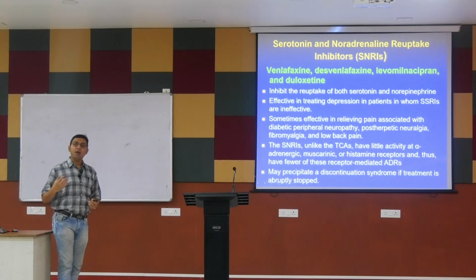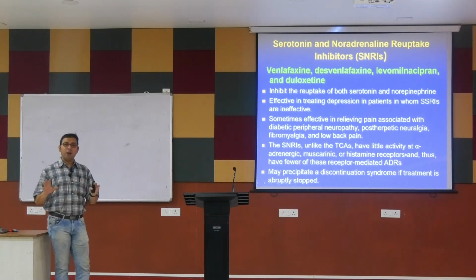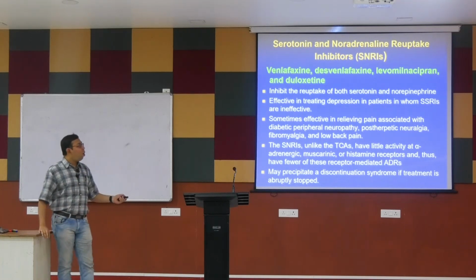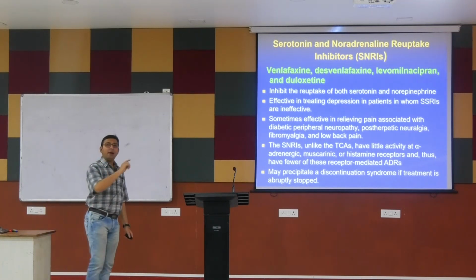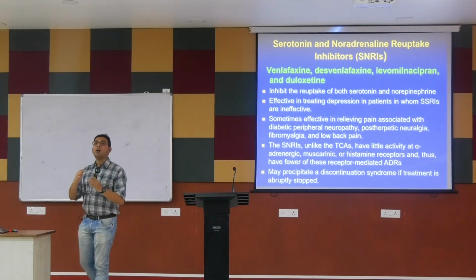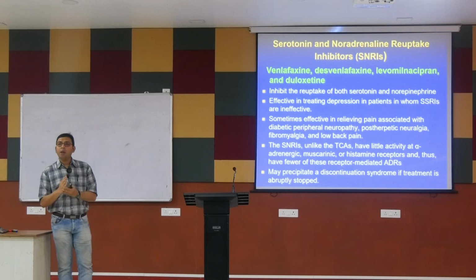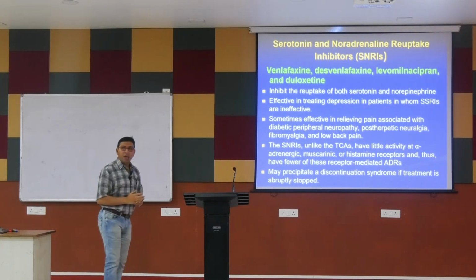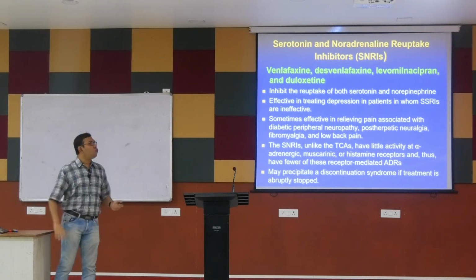So there may be pain in different joints, unexplained. There may be no pathology. This is known as fibromyalgia. And low back pain. So basically remember, these SNRIs are the first-line drugs for different types of neuropathic pain. Most commonly diabetic neuropathic pain, post-herpetic neuralgia, fibromyalgia, low back pain, for which we have to use